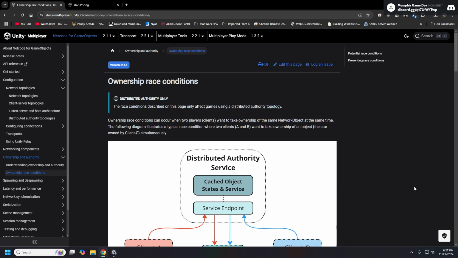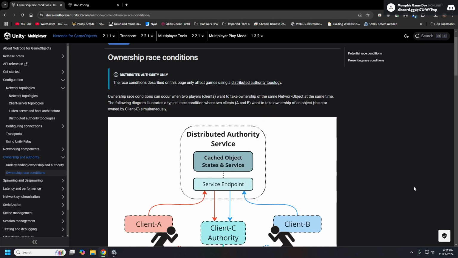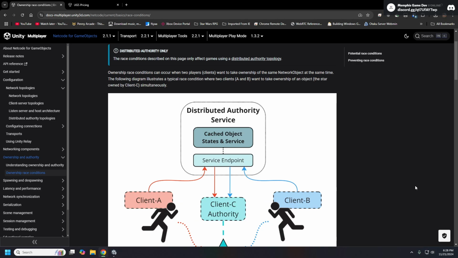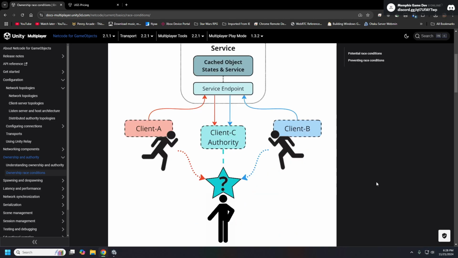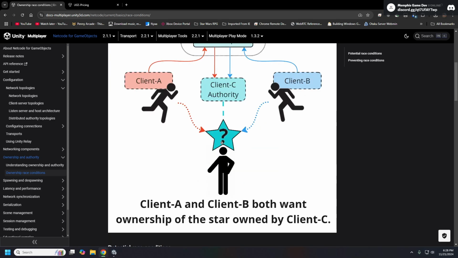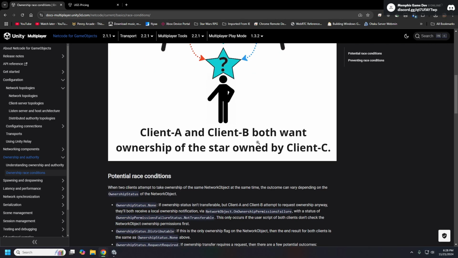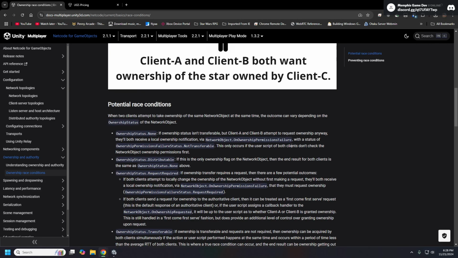Okay, finally, last little slide. With distributed authority, what would happen if player A and player B both request ownership over something that client C currently has? If they both do it at the same time, you'll run into a race condition. So this is something you need to keep in mind.